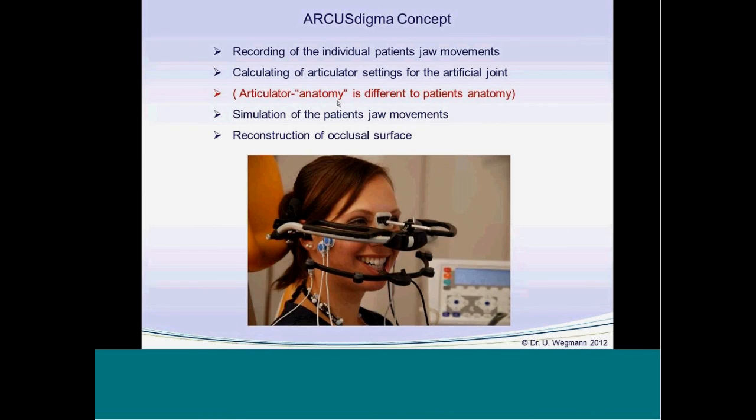We have to know the movements, we have to transfer settings for this articulator. And then it's very simple to adjust the articulator to the right values, to the right guidance for the movements. Okay, that's the most important point to know. Articulator anatomy is no longer the same as the patient's anatomy.